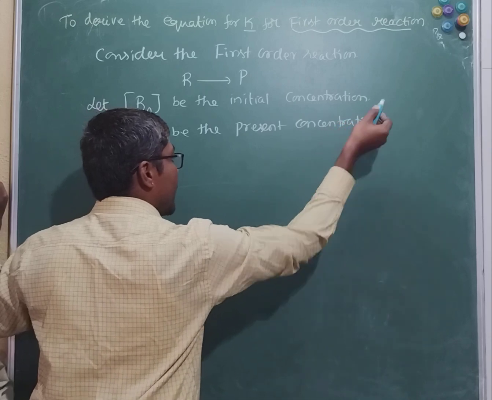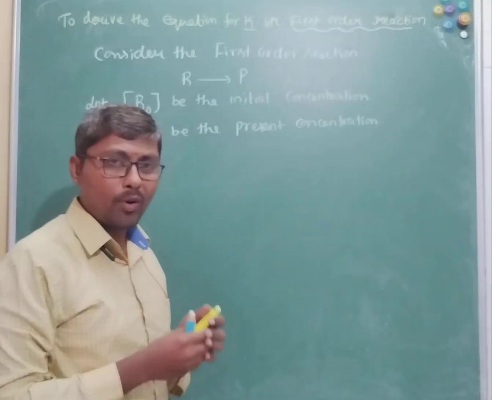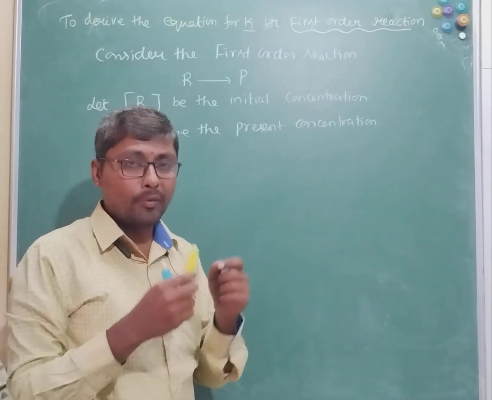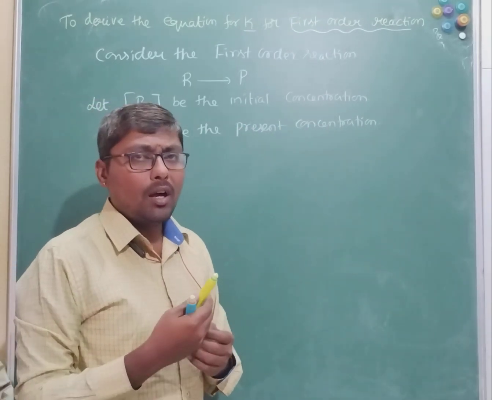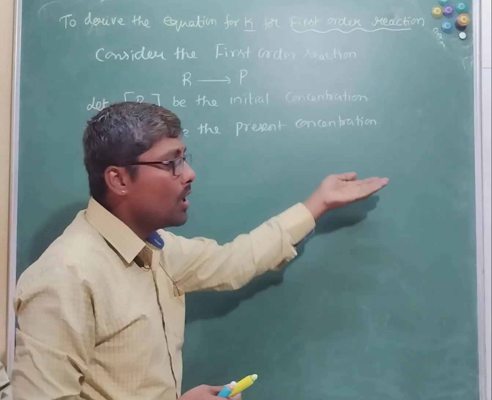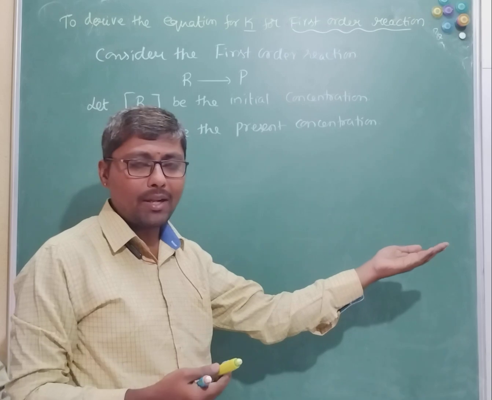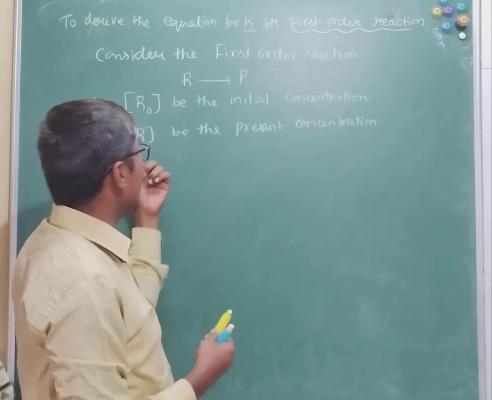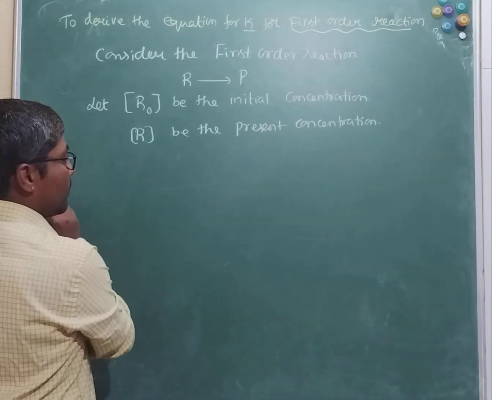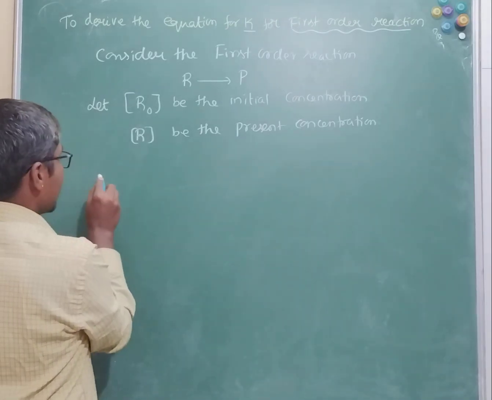So we assume that R naught is the initial concentration. Before starting any reaction, the concentration is R naught. At some time after the reaction has started, the concentration is R. Now, according to the rate definition,